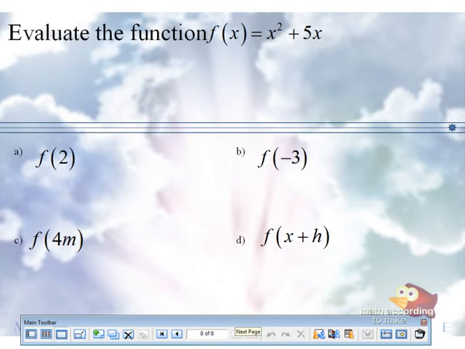Evaluate the function f of x equals x squared plus 5x. So what's going to happen is, in part A, wherever you see an x in the function, you're going to plug in